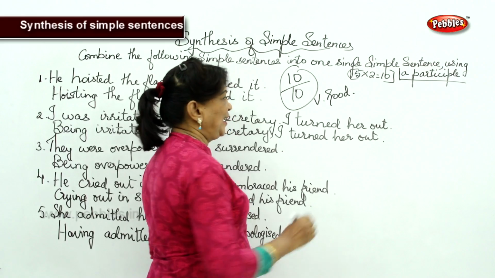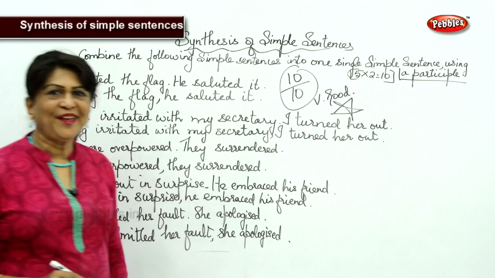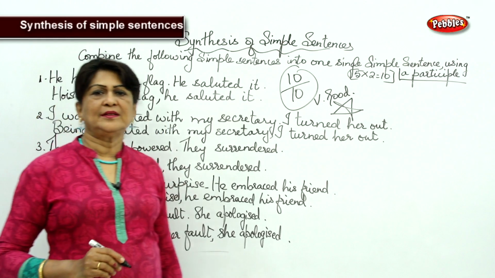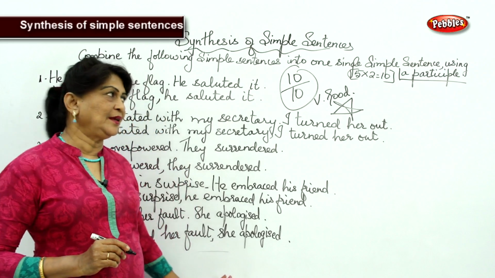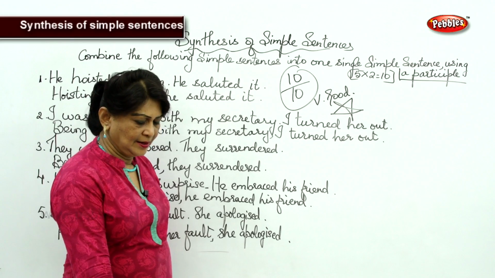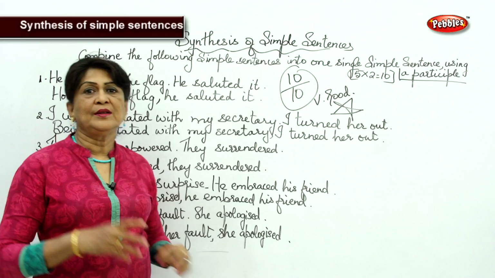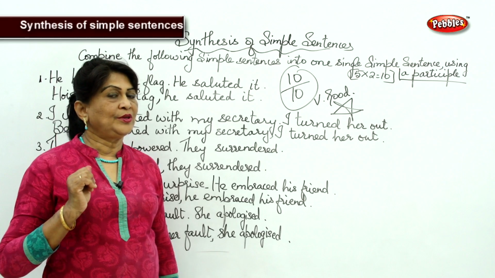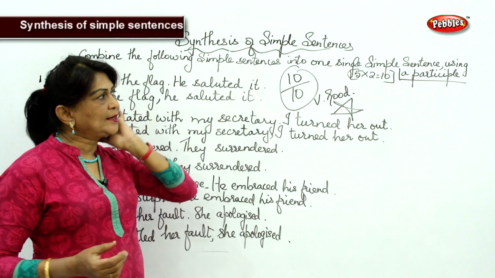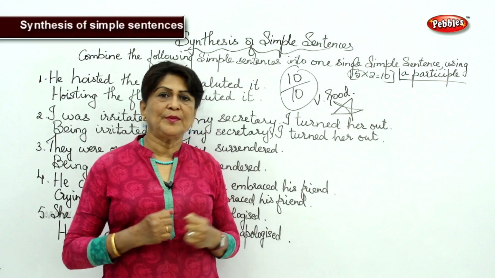And what next? A star. If you have done it correctly, you get full 10 marks and you get a star. Next we are going to see how to combine these sentences using an infinitive, a non-finite verb. Participle is also a non-finite verb, but now we are going to see how to combine using